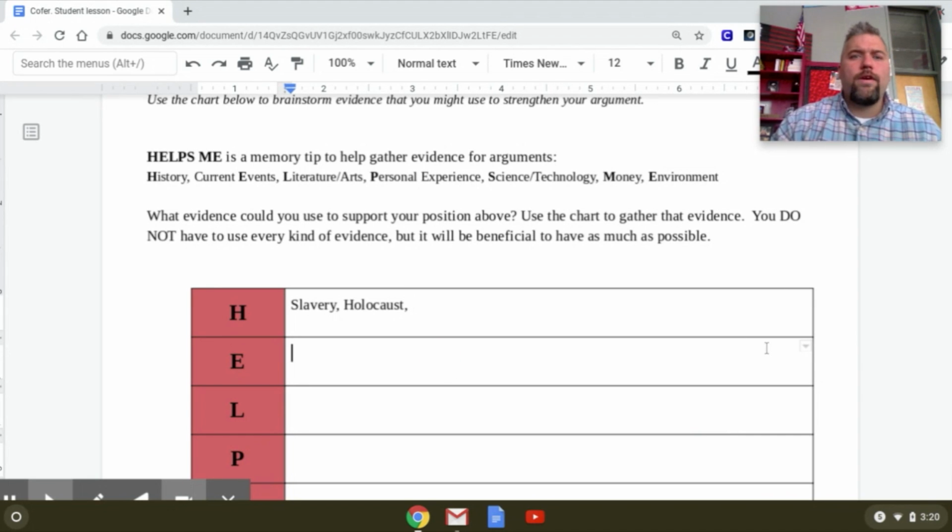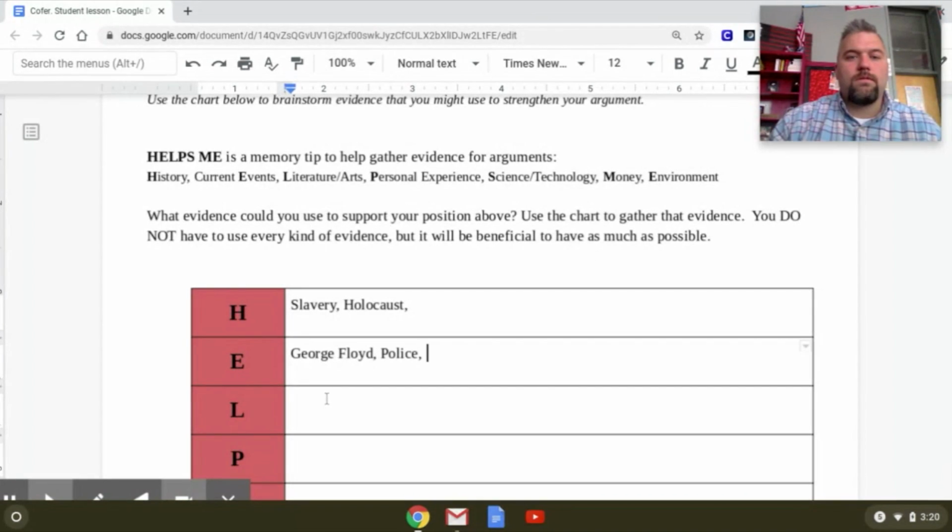All right, current events. Are there any that could help us? Absolutely. All right. So we can go into the George Floyd incident. Let's spell his name right. Okay, George Floyd in Minneapolis, Minnesota. Some could argue that he was stereotypically targeted by police. On the flip side, we could also talk about the stereotyping of police. All police are bad. All police do this. All police do that. So there's that. So we'll leave those alone.